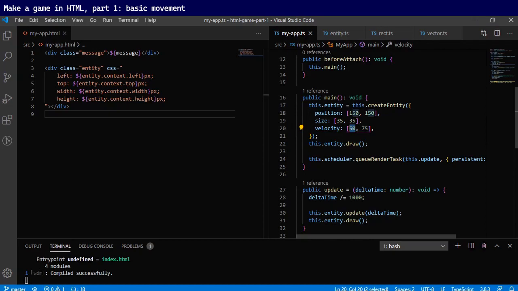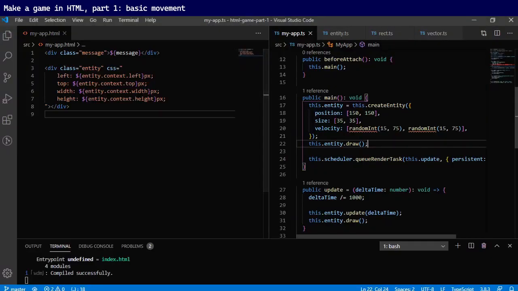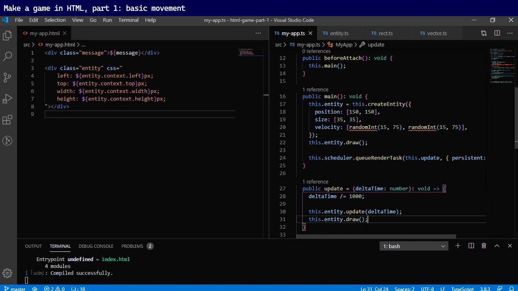So now I could do randomInt. Yeah, that's fine. And this now, whenever I'm refreshing, is giving me different directions. Yeah. So what I can do now is in update, we can do the movement, we can do the draw,